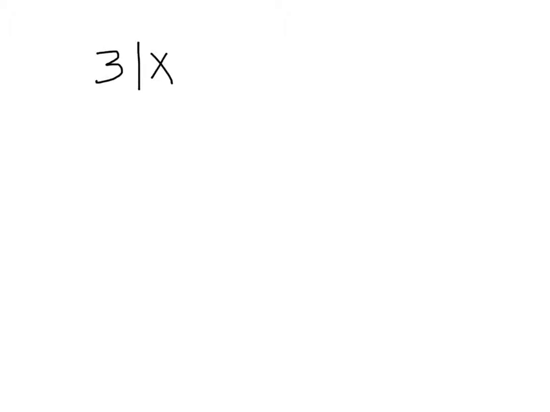So we have 3 times the absolute value of x plus 2 is less than, we'll say, 27. Now here's the thing. For these, the first thing you got to do is just get this absolute value thing all by itself. You do whatever it takes to make that happen. In this case, all that's required is to divide both sides by 3 to get rid of that 3. So we're going to go ahead and do that. And when we do that, we end up with x plus 2